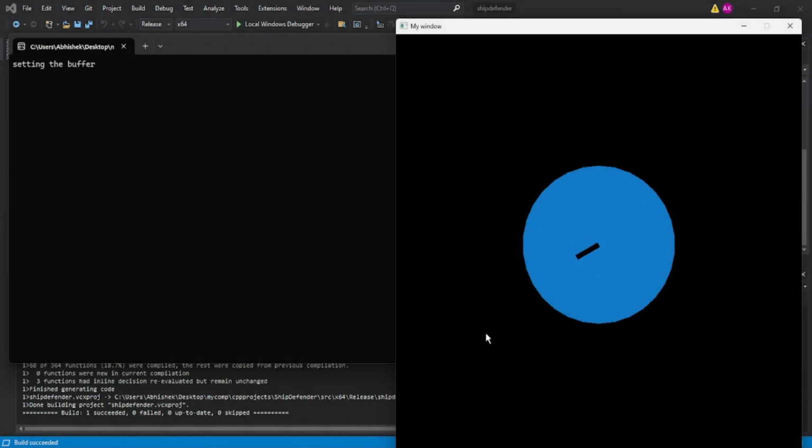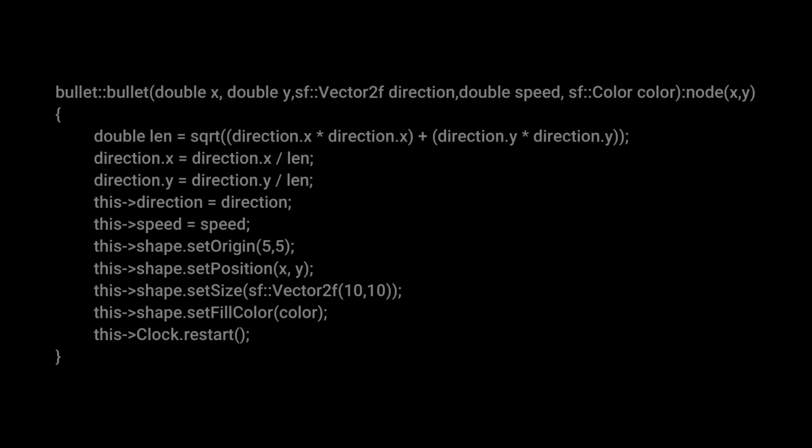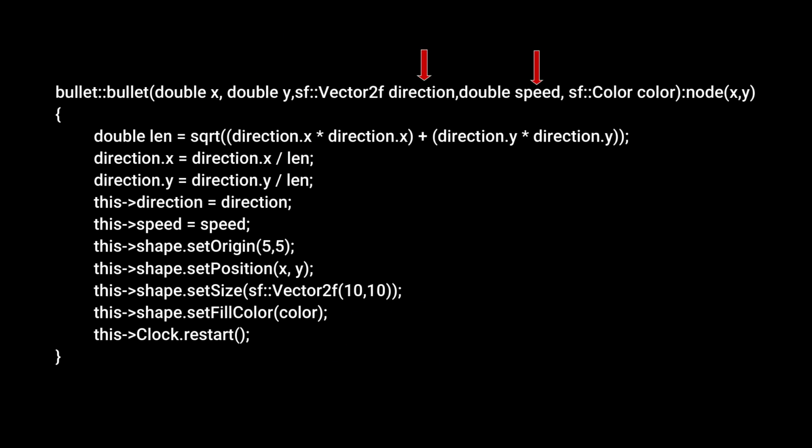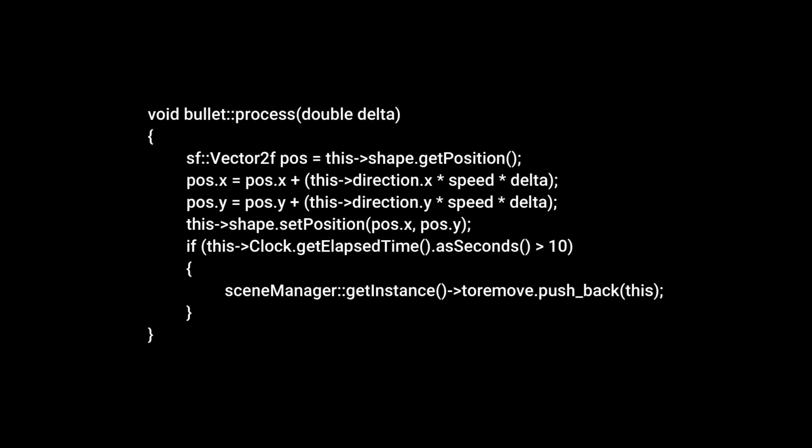Next, I built the gun, which is just a rectangle, and made it point toward the mouse pointer using some vector maths. I then coded the bullets, which are just small rectangles. The bullet constructor takes direction and speed as arguments. In each process function call of the bullet class, the position is updated using the direction vector multiplied by speed